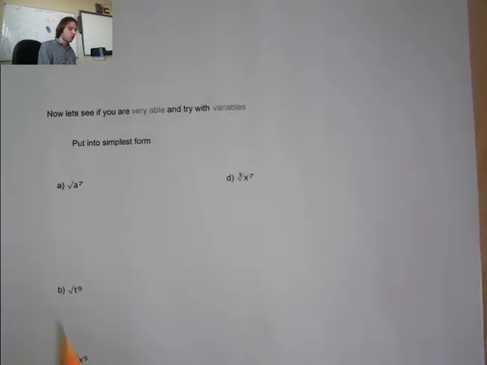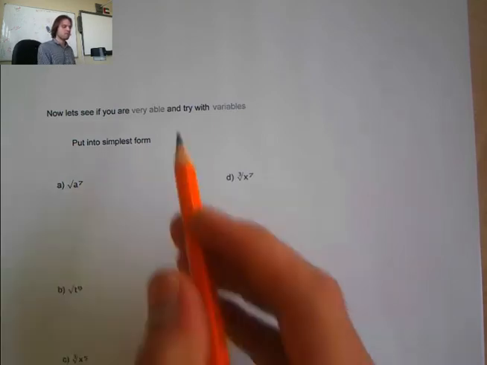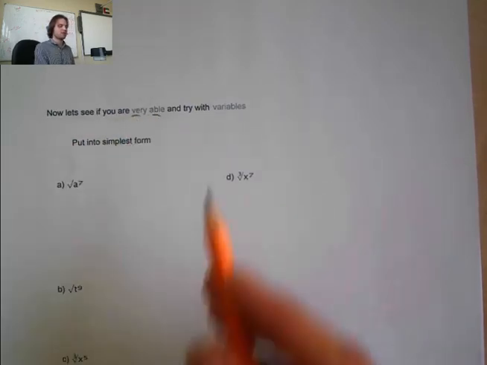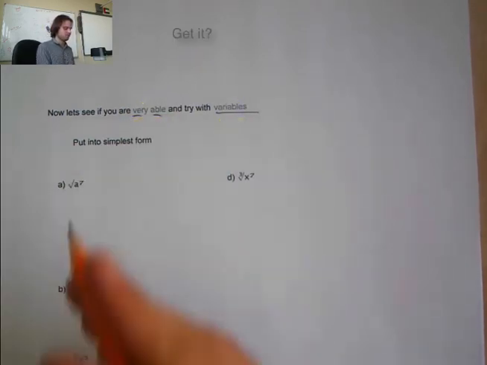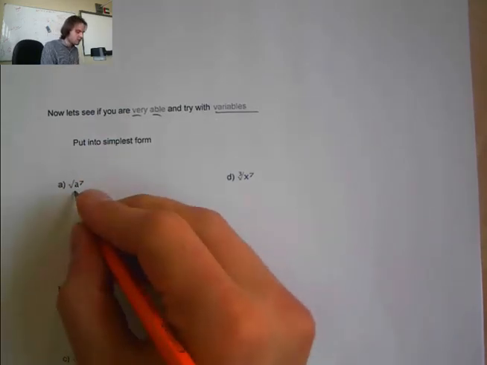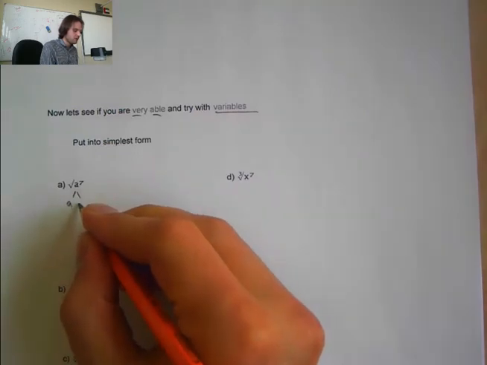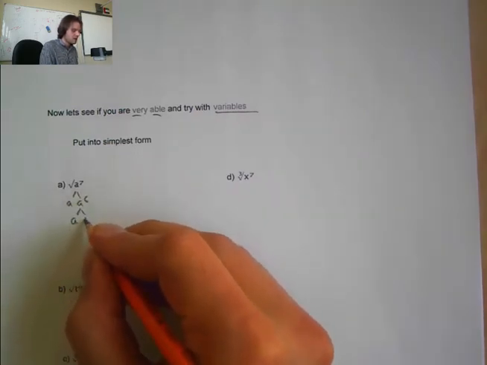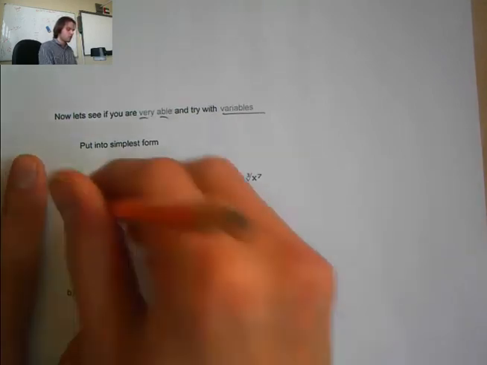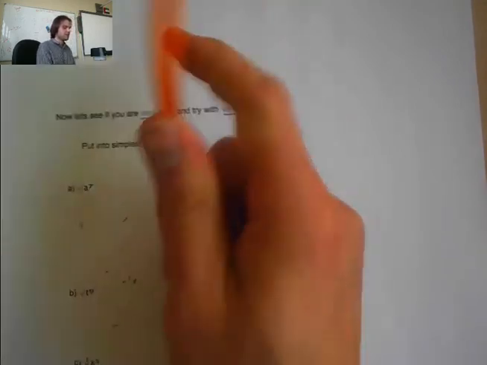Now let's try with these variables here. So we're going to see if we are able and try with these variables. Hopefully you get it. Now put them into simplest form. Okay, so we have the square root of a to the 7. Well, this is the same thing as a multiplied by a to the 6, and then we're going to have a multiplied by a to the 5, or in other words, it is the same thing as saying